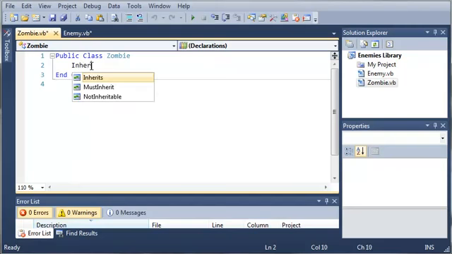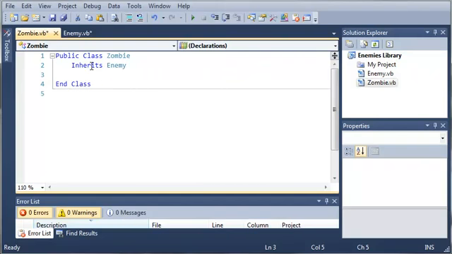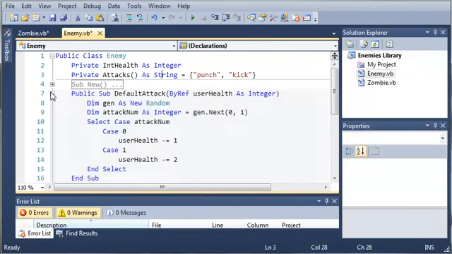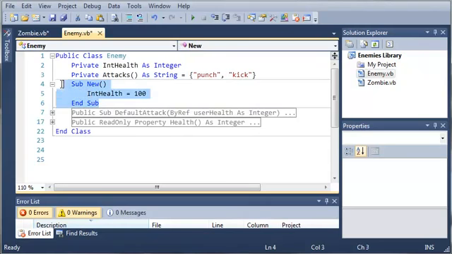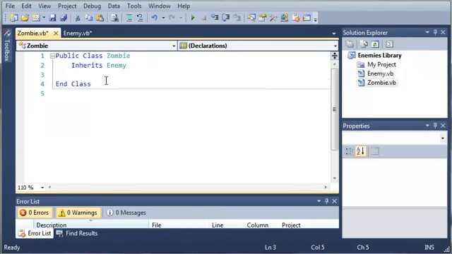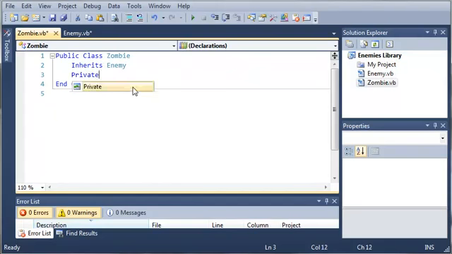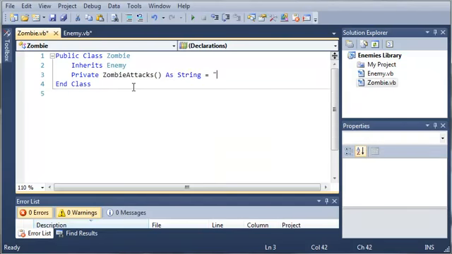We want zombie to inherit from enemy. So it's going to get the health, the attacks, the default attack, and the health property, and it's going to get the constructor. We'll come back over to zombie and add zombie attacks. We'll make an array of this. So private zombie attacks as string. We'll set it equal to